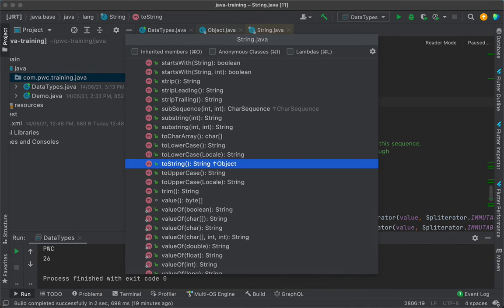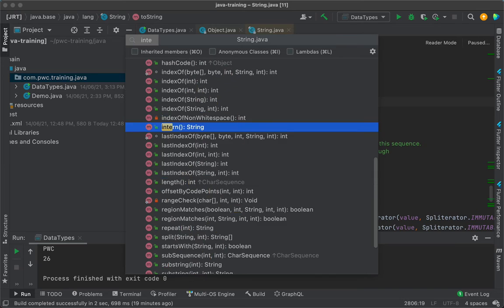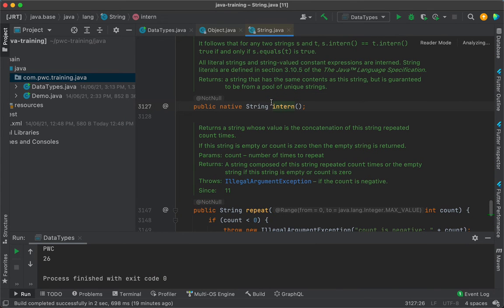I'll take you to intern. See this function. This is native. There is no source code here. It's native. Right? So whenever there is some code that needs to be executed which is specific to the operating